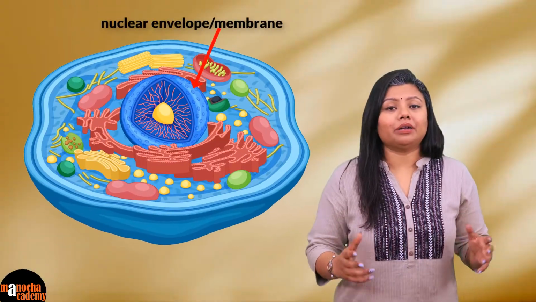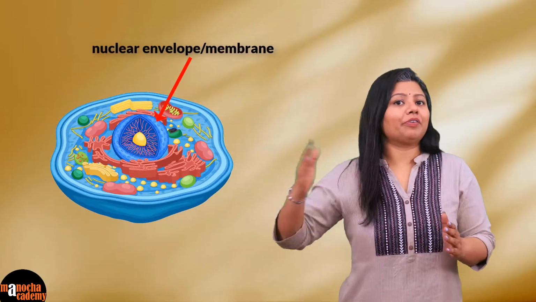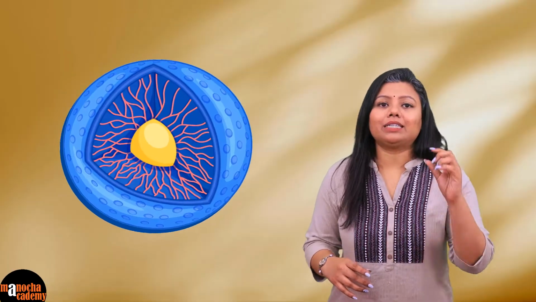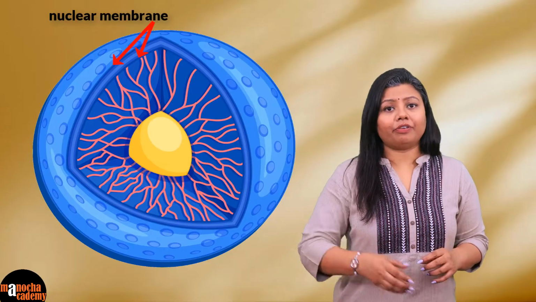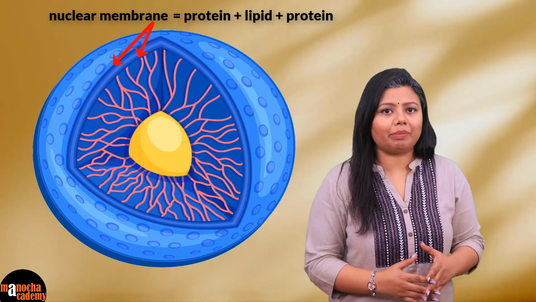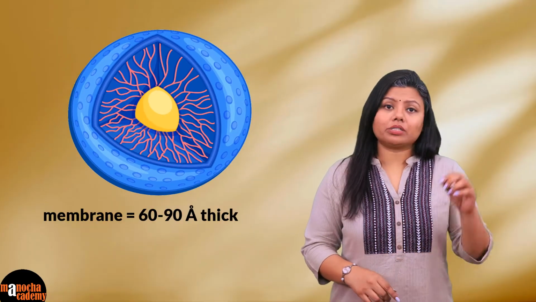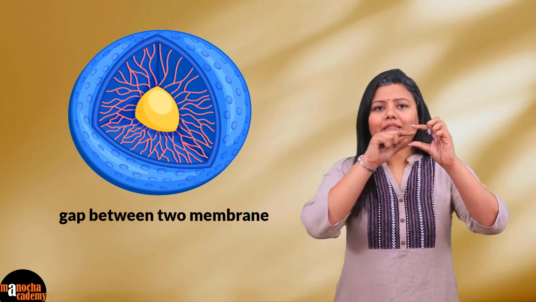The most important part of a true eukaryotic nucleus is its nuclear envelope or nuclear membrane that separates the nucleus from the rest of the cytoplasm. The nuclear membrane is a double membrane structure. Each of these membranes is made up of a protein-lipid-protein structure like we see in case of the cell membrane, that is the unit membrane structure. Each membrane is about 60 to 90 angstroms in thickness, and in between the two membranes